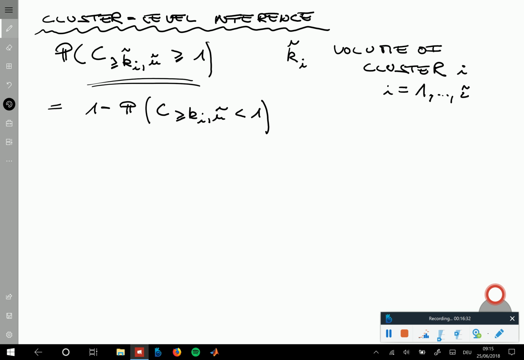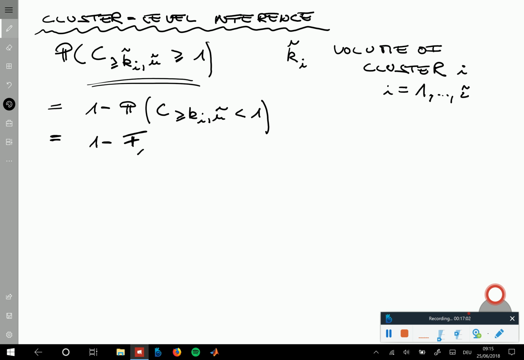This is just the complementary probability, equal or larger than 1 versus smaller than 1. Smaller than 1, especially if it's a Poisson distribution, which is defined on the integers from 0 to infinity, so 0, 1, 2, 3, and so on, corresponds to